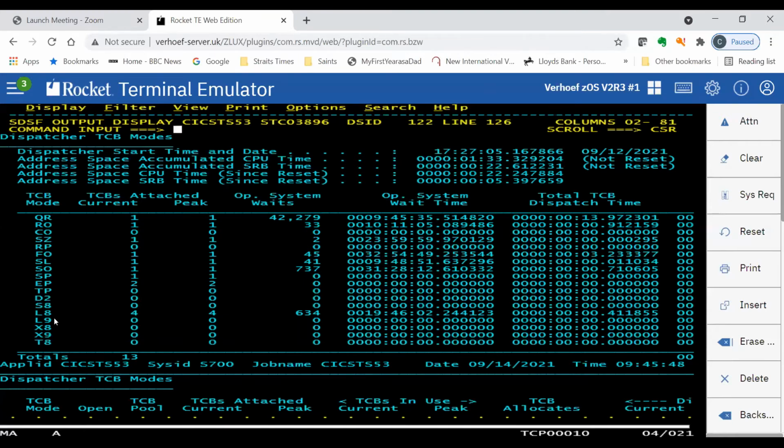And if it gets an exec SQL, it'll switch to the L8 TCB and run there, and then switch back to the L9 TCB. This is not a free lunch, because you want to make sure you don't do too many TCB switches. So if you're going to do an exec CICS something, then an exec SQL, then another exec CICS something, then some COBOL, then exec SQL, if you flip between the two, CICS will switch you automatically between the L9 and the L8 TCB, and then back to the L9 TCB.